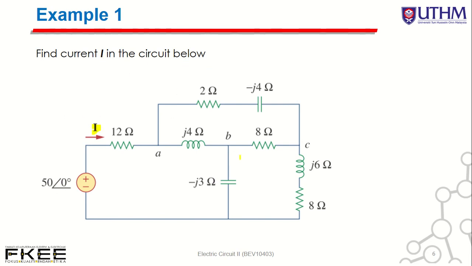Okay, let's say you have a circuit. So how to determine current? Basically, in order to determine current, you need to find the Z total, seen from the source. Is it correct? You need to determine Z total. The question is how to determine Z total, because you have this one, you have a